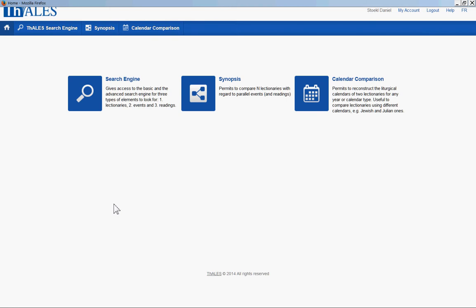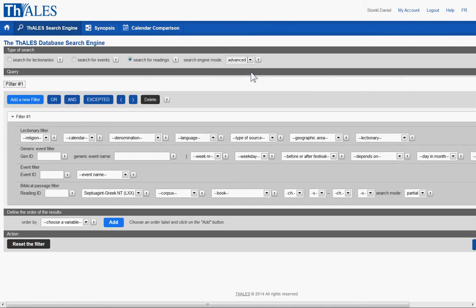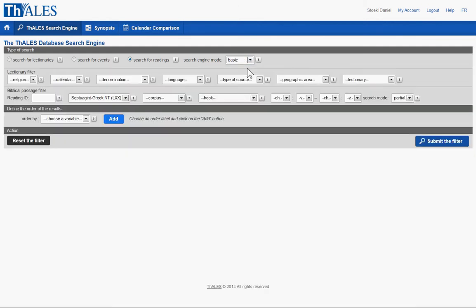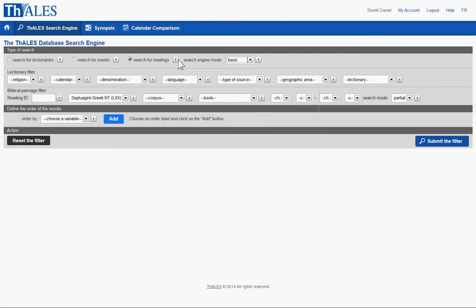I will now explain to you the functionalities of the search engine. You have two different interfaces, the basic and the advanced. I'll explain the advanced later on, so now we stay with the basic. You can get tooltips by hovering with your mouse over the little question marks, and you can set the type